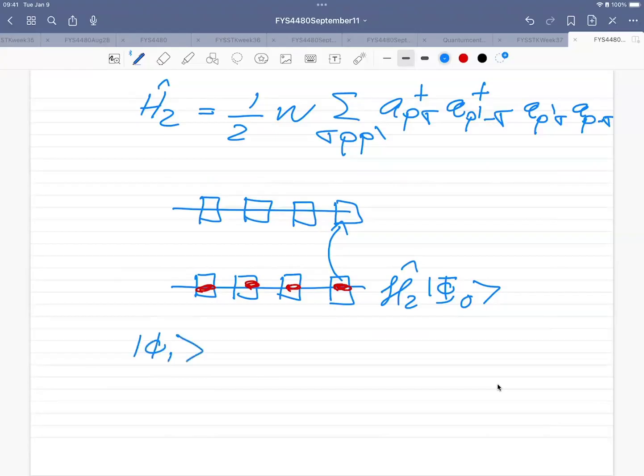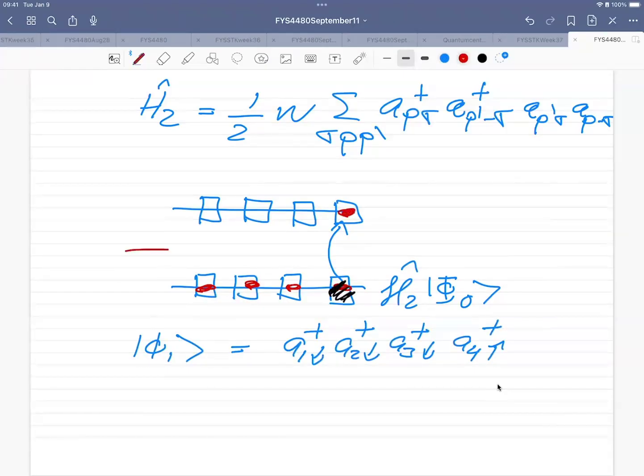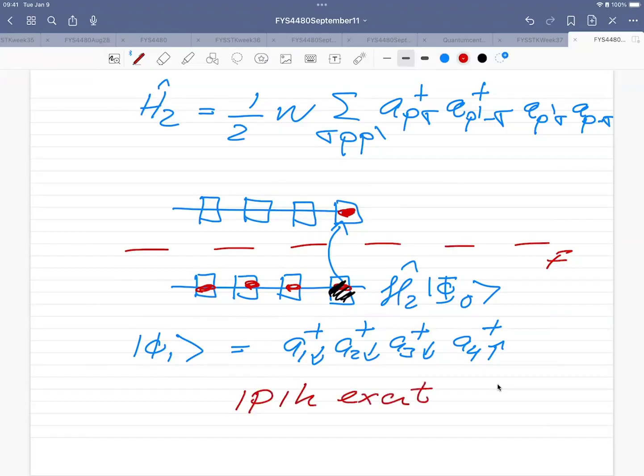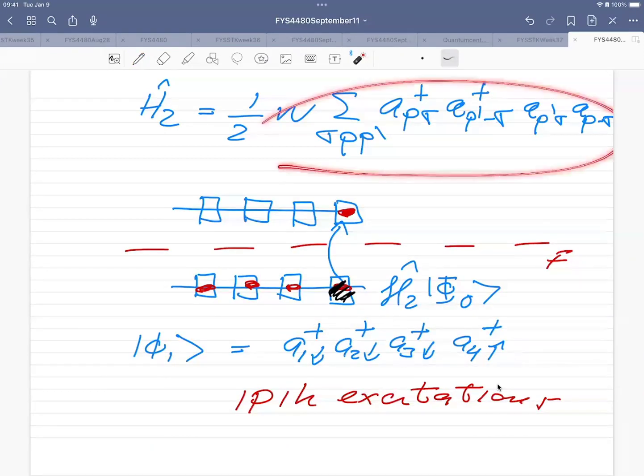So I would produce a new state, phi 1, which is A2 spin down, A3 spin down, dagger, dagger. But then I have my A4 of spin up. And then I have a particle which gets promoted above the Fermi level, like this, an excitation, because this is a state which will have higher energy than the ground state, which we calculate with respect to this specific reference state. Now, when we are going to calculate the expectation values of some